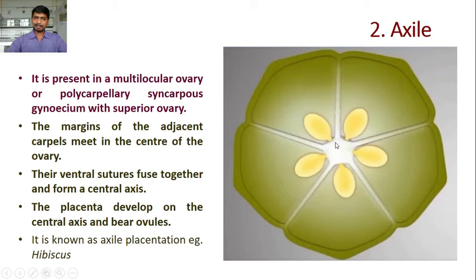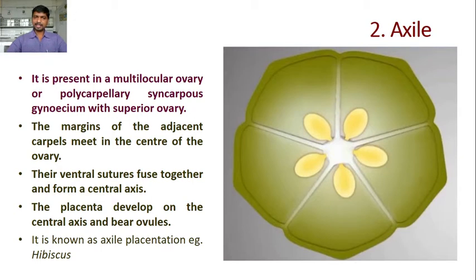This placenta has been developed on the central axis, so this is known as axial placentation. For example, hibiscus. This is the most common type of placentation, axial placentation, where the central axis is formed by the margins of the individual